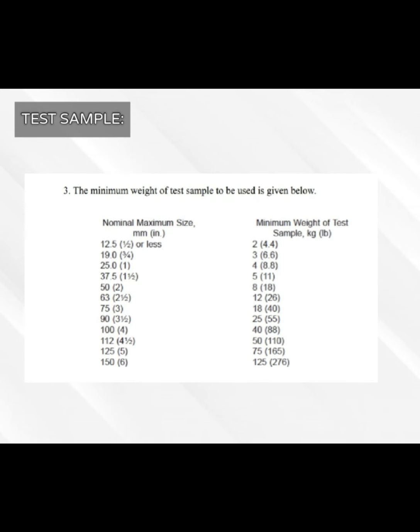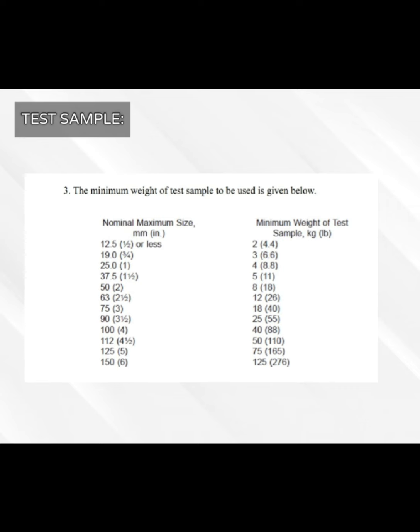Number 3 is that the minimum weight of test sample to be used is given below. We can see the nominal maximum size in mm: 12.5 or less, 19, 25, 37.5, 50, 63, 75, 90, 100, 112, 125, and 150. The minimum weight of test sample in kilograms is 2, 3, 4, 5, 8, 12, 18, 25, 40, 50,